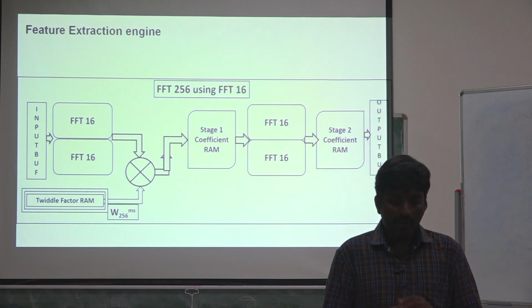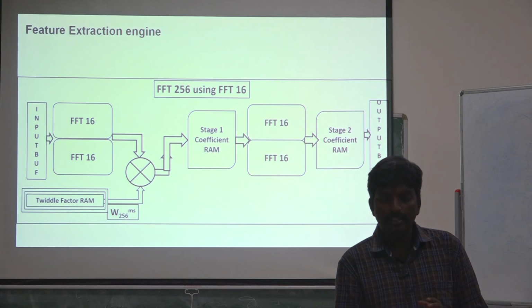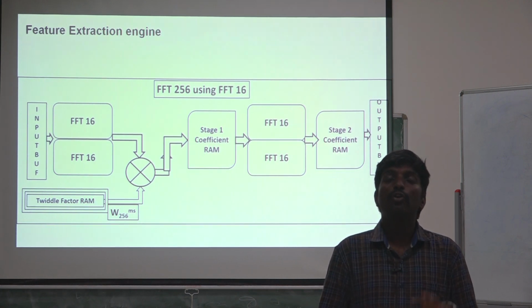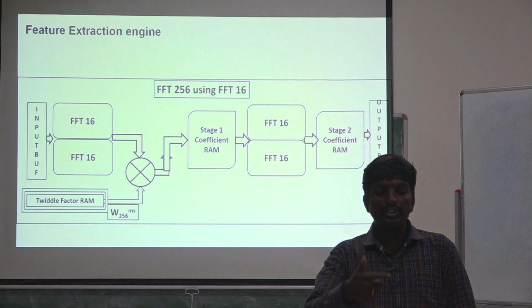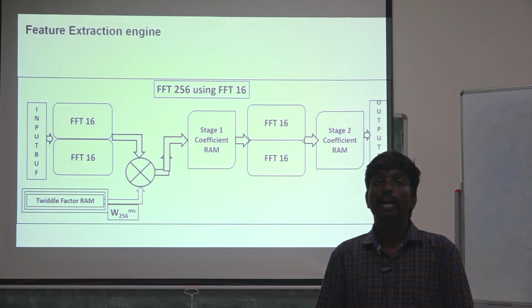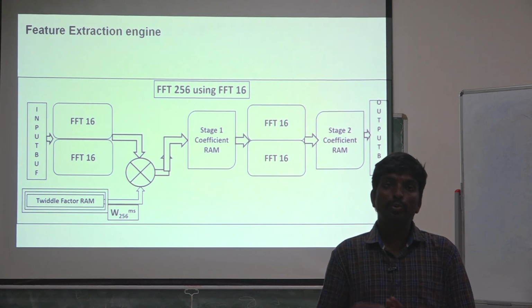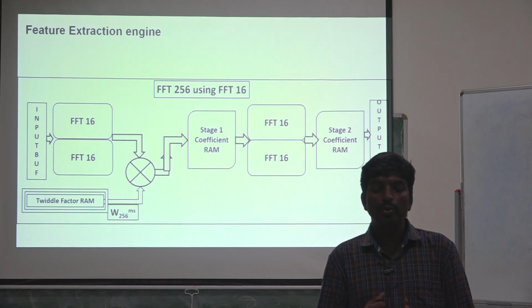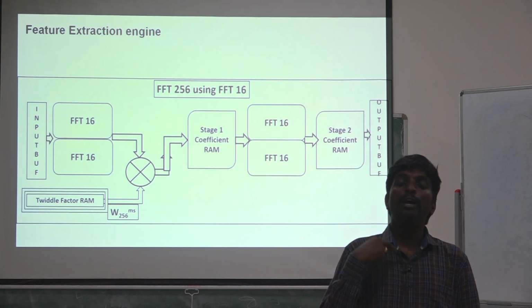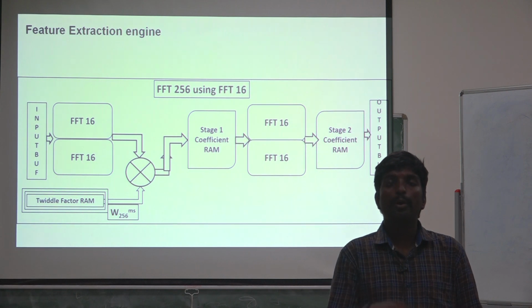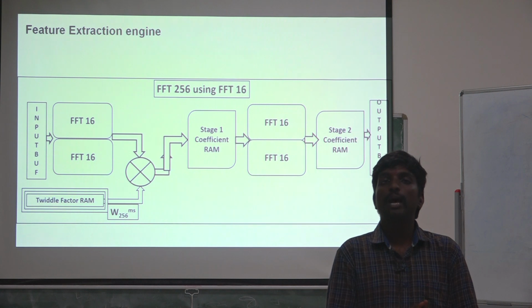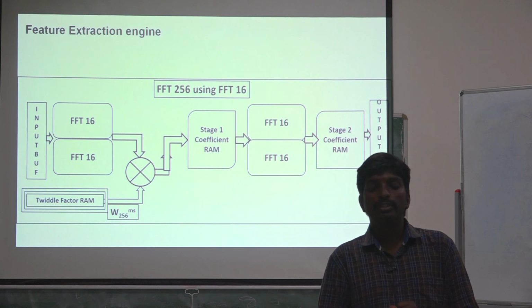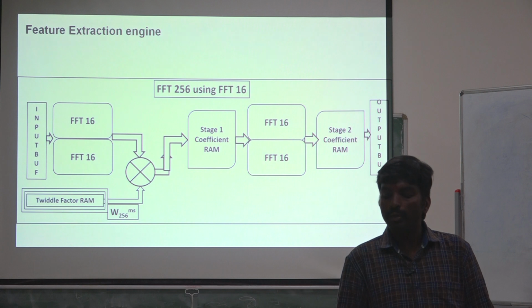So for the twiddle factor, whatever the FFT gives from the first stage, we'll get 4 coefficients at a time. It means per clock, we'll get 4 coefficients as output. Whenever we get the 4 coefficients as output, which actually has 2 subframes, the 2 subframes will have 2 different W256 per subframe. So we need 2 multiplication functions to compute the twiddle factor computation. Once the twiddle factor computation is done, we need to do the row column inverse. How we are going to do the row column inverse, I'll